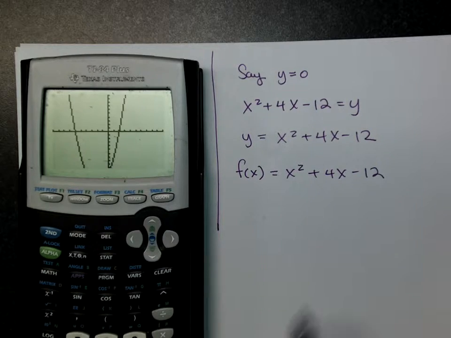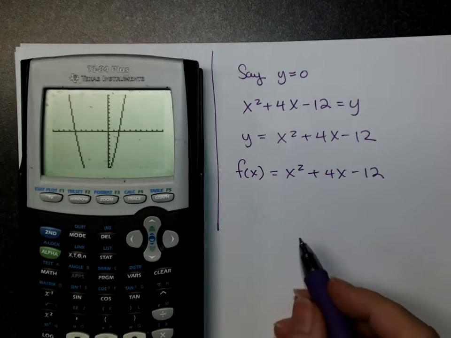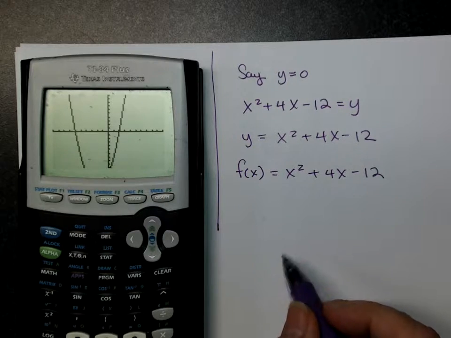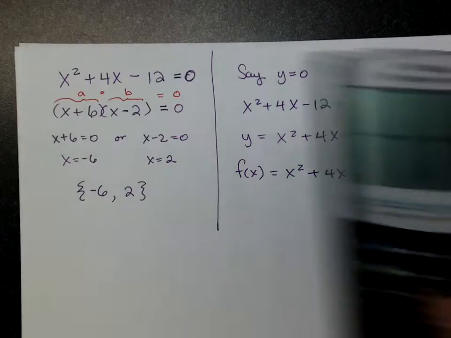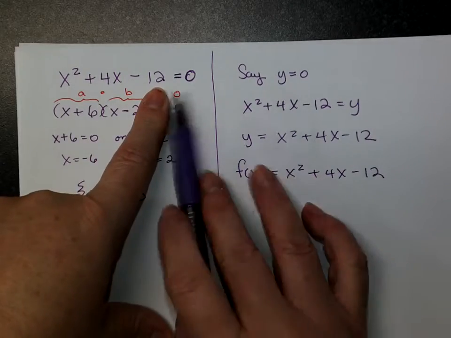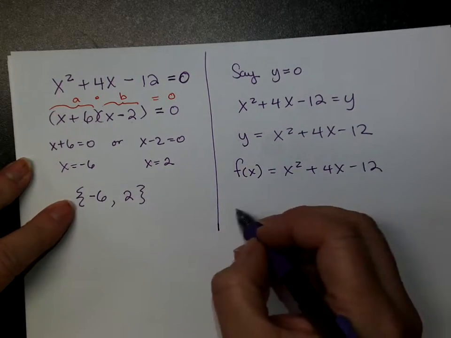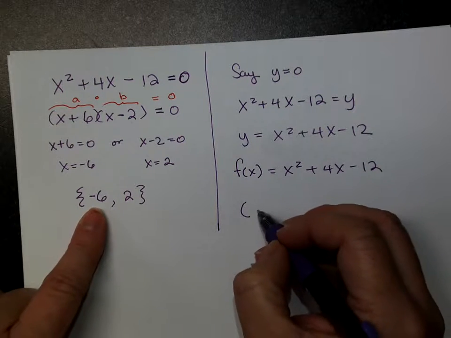It crosses at those points at -6 and 2, but most properly, remember, intercepts are written as ordered pairs because they are a point. So to solve this, we said y is 0, okay? Which means that we have 2 points here. As ordered pairs, our x-intercepts are